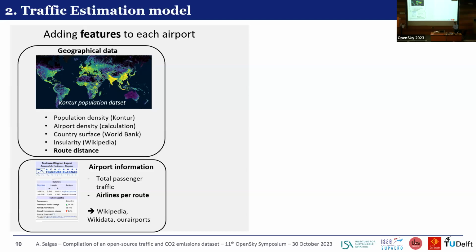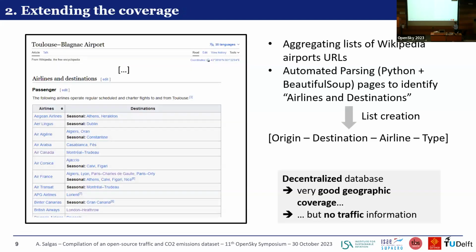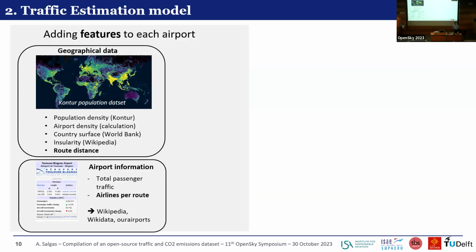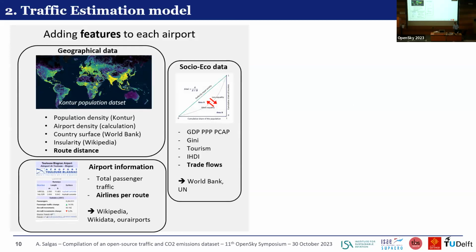As in the previous slide, we are also able to count how many airlines are on each route, meaning that if there are several airlines on a route, that is good information on the route importance. And the last category of features that I've included are more socio-economical data, such as the GDP per inhabitant of each country. The Gini coefficient, which is a coefficient that measures the inequalities in a given country. We also looked at the tourism flow, because everything being equal, a country with a lot of tourism is more susceptible of having a lot of flights.